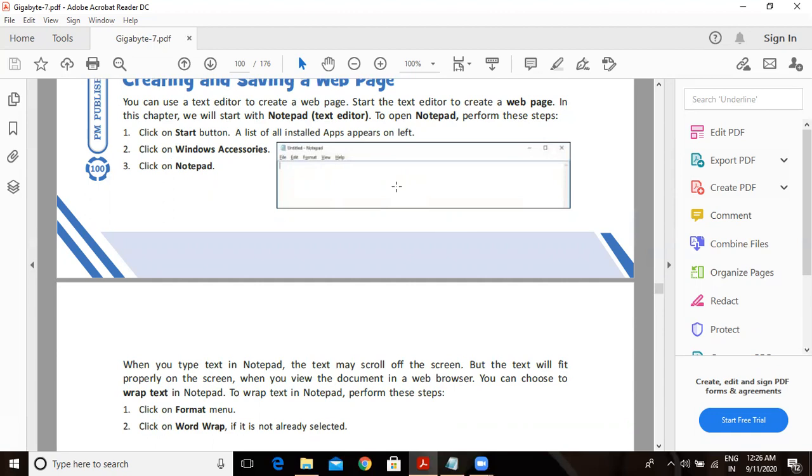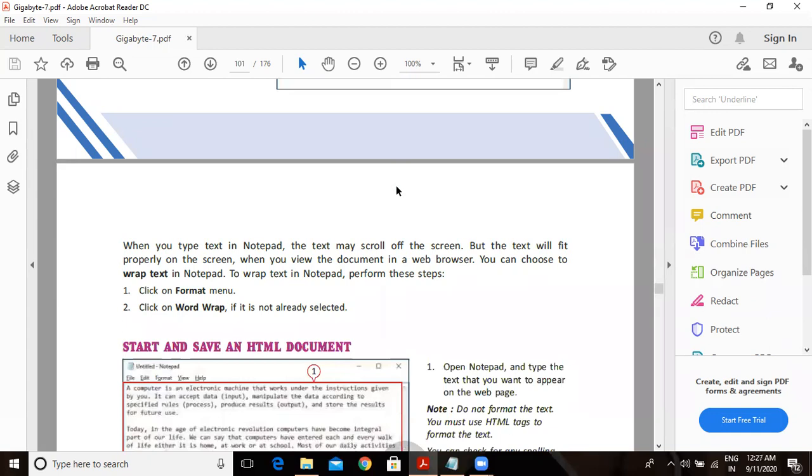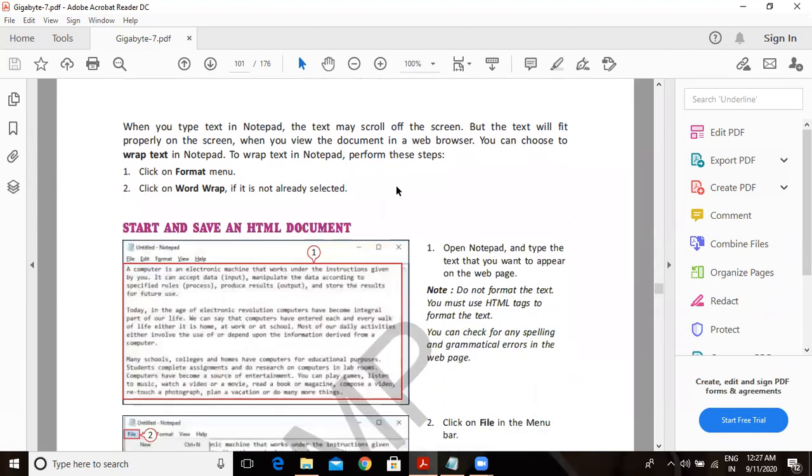Now notepad is in front of us. What should I do next? The next step is you have to write the HTML commands. Whatever HTML commands you want to write, you can write in the notepad. Next thing, once you have written, the most important part is how to save.